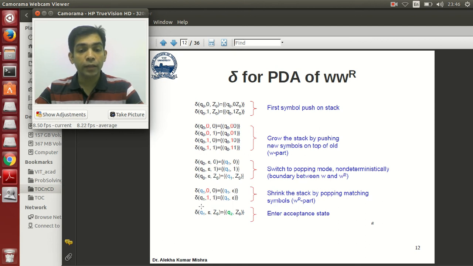So in this way, the popping up of the symbol is done on seeing the symbol. This indicates that this state will verify the WR with the W which is stored in the stack. Suppose we still reach a case where we are in Q1 and we found all